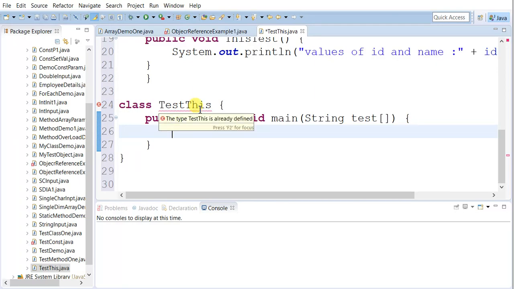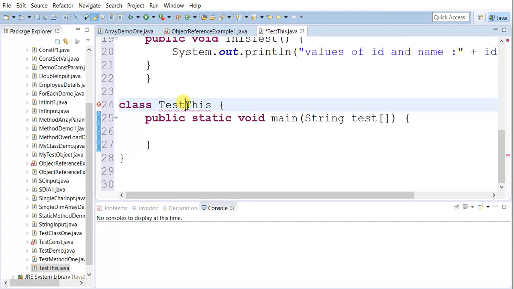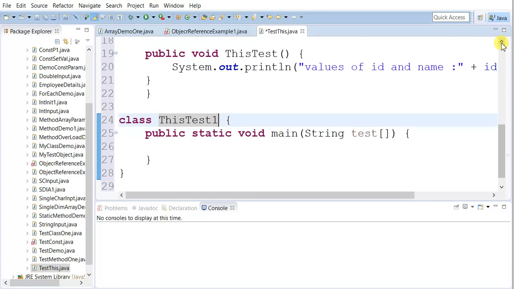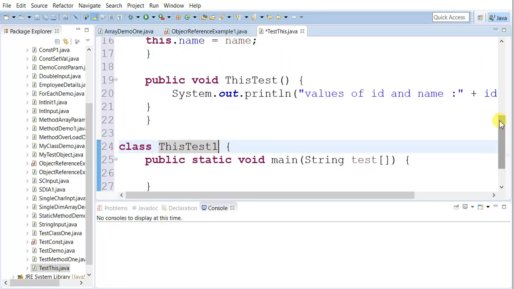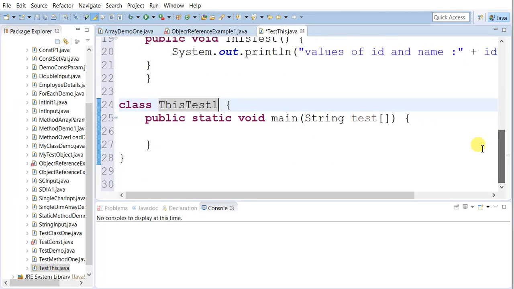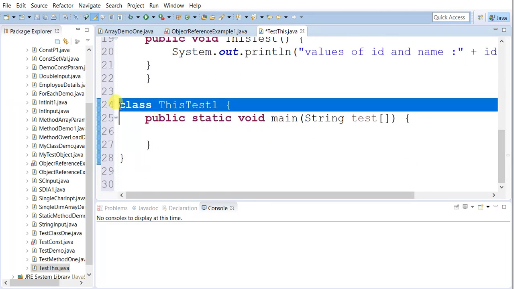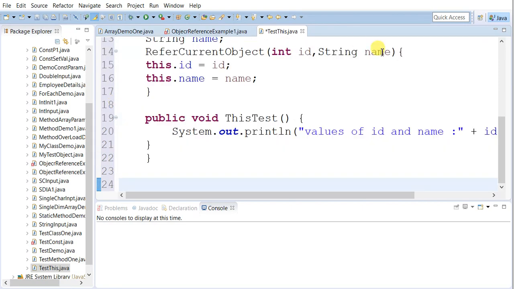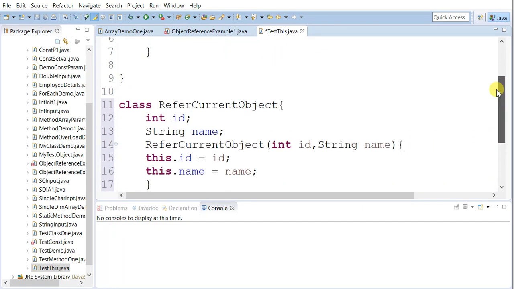Let me check, maybe the class is wrong. Okay, we have a main method over here, no need to create another one, very sorry for that. So I'll just utilize the first main method.